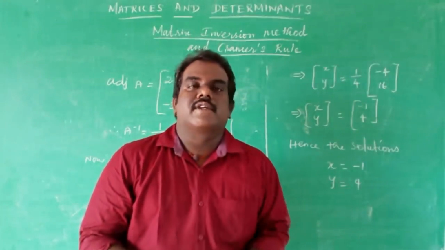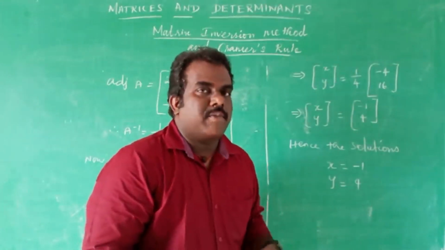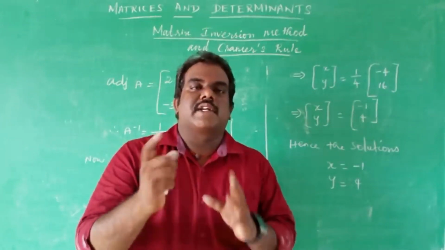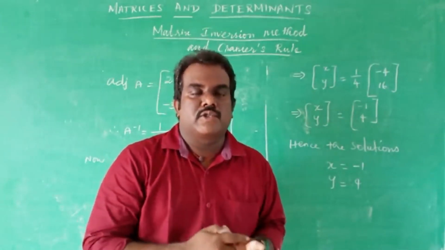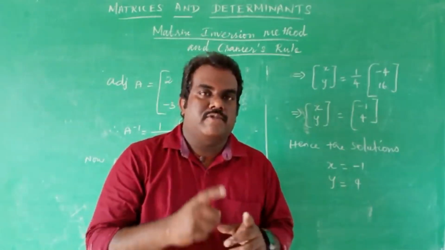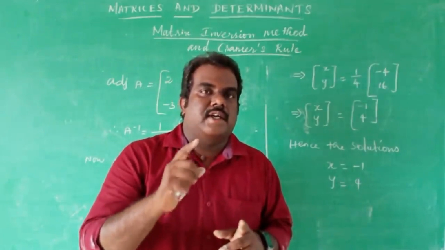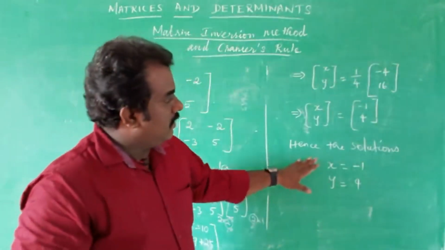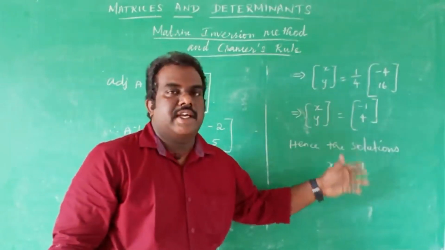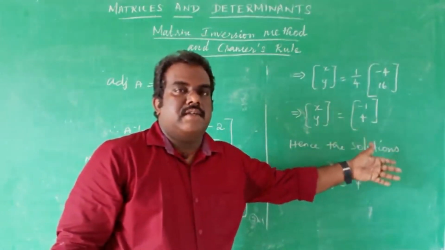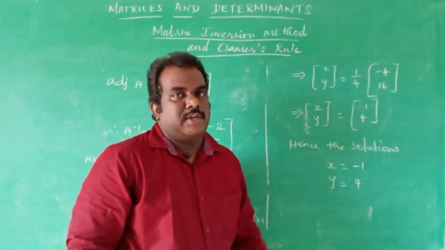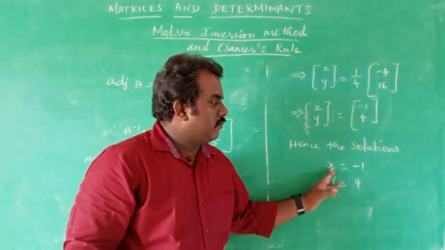A inverse is equal to 1 by determinant A into adjoint A. Then applying the formula, X is equal to A inverse into B. The inverse value can be multiplied with the B matrix. We can get the solution of the matrix capital X. Here the capital X contains the unknown values of x and y. Then finally we can find the solution of x and y. First we have to find A inverse, then A inverse is multiplied with B. Then we can get the solution of the matrix which contains the unknown values. And finally we found the unknown values of x and y.